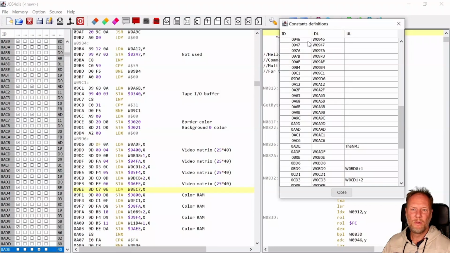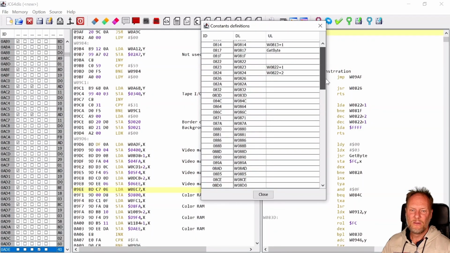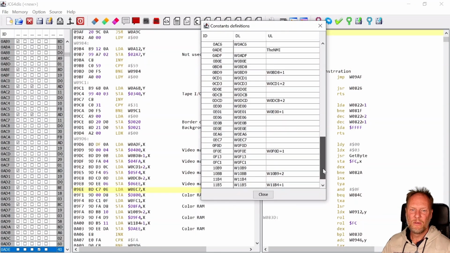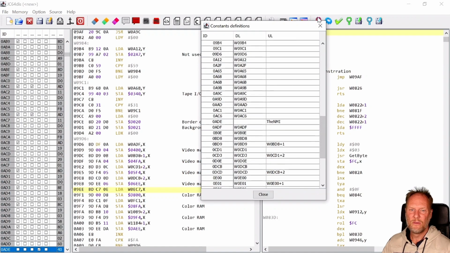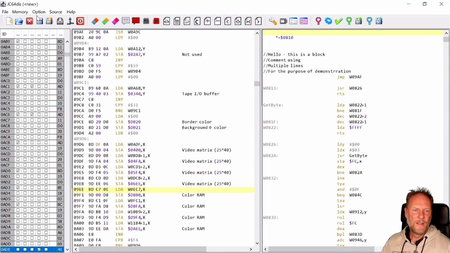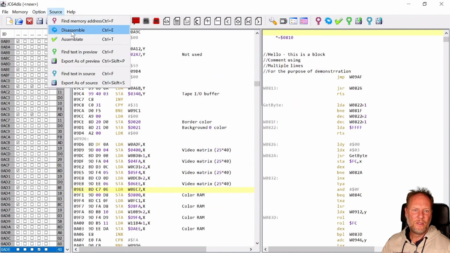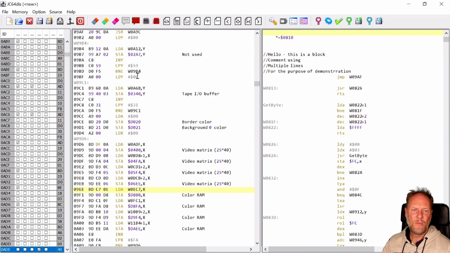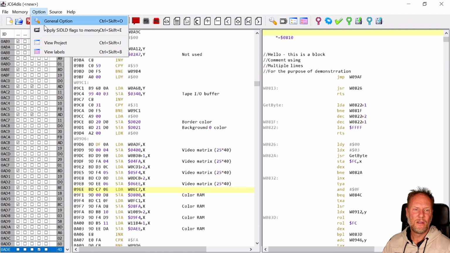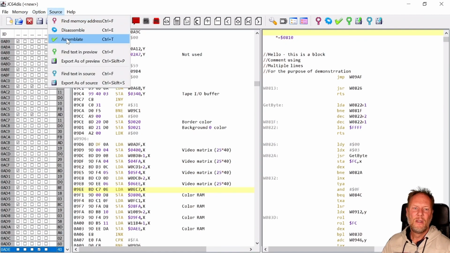Options, view labels. Yeah, so these are all the automatically generated ones, and also the user labels. Source, disassemble. Yeah, I'm sure that did something. So this is basically doing a disassembly based on the flags. I don't know what's different between that and applying the flags, but then you can assemble it, or well,